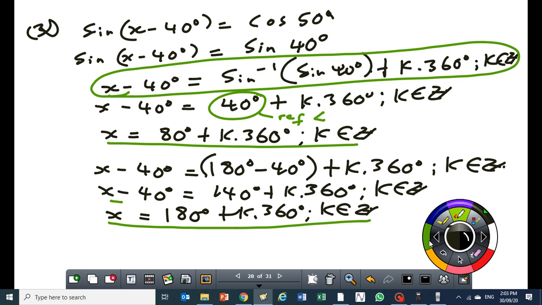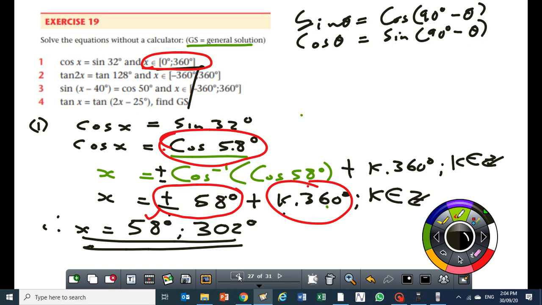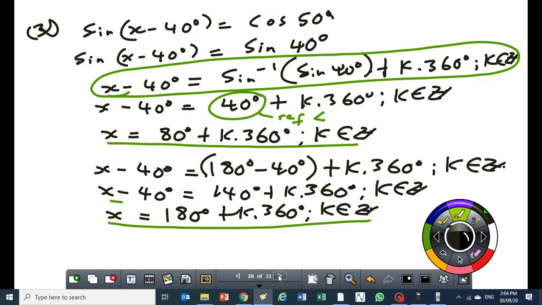Okay, so from here, listen, this is not the final answer. For the final answer, I need to get the x values between minus 360 and 360 degrees. So I have to substitute k now into both general solutions. Right, so let's start. Therefore, x is equal to,